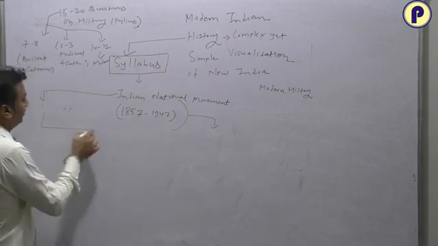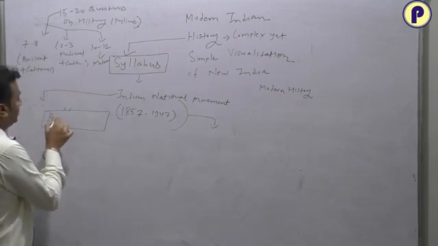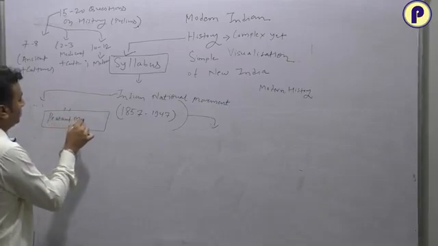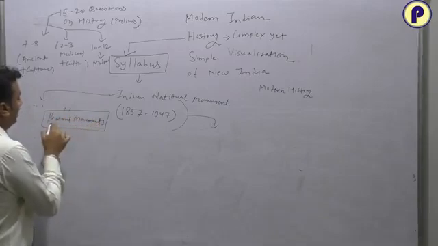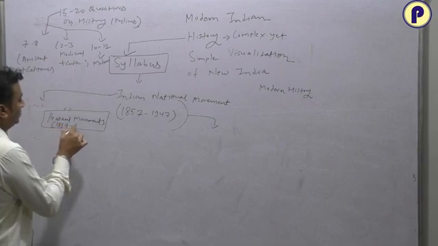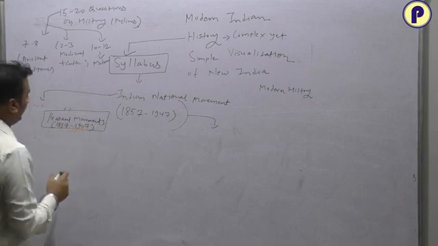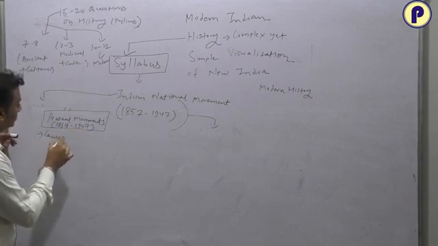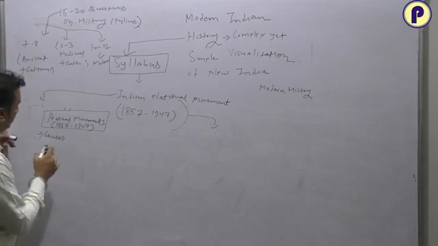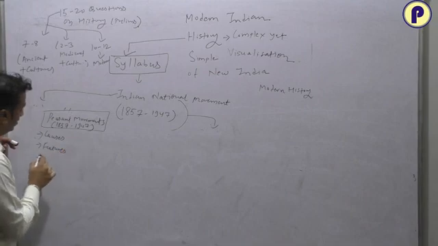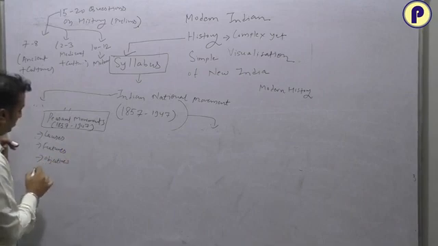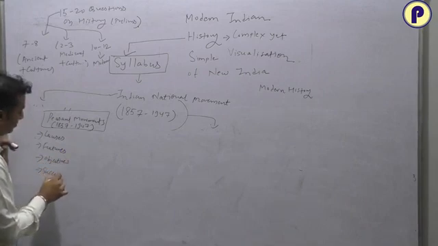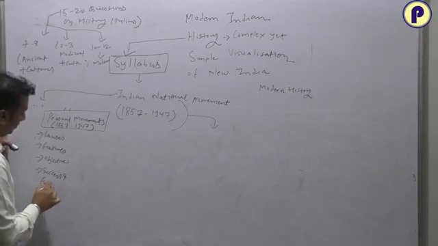So we have peasants, the peasant movement. Again, 1857, 1947 are very important. Again, we have to see causes, features, objectives, success and failures,